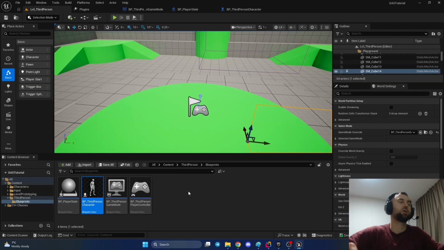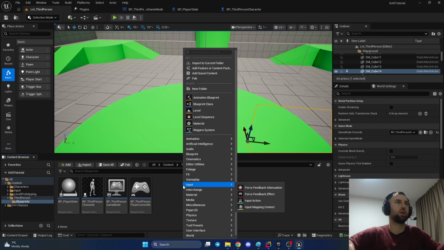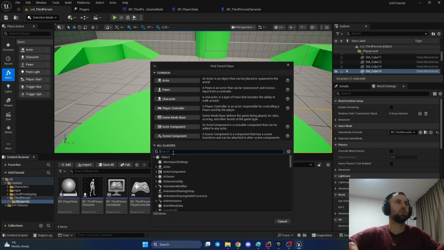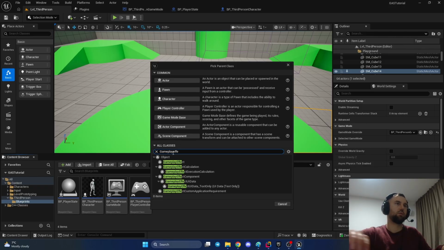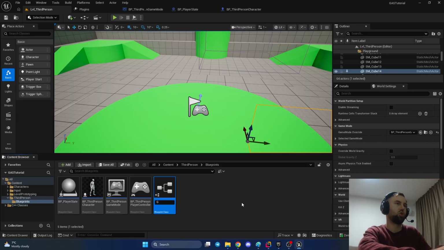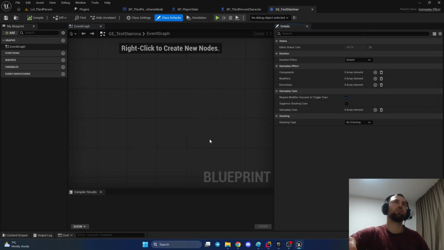But before, let's add the gameplay effect. So I will explain what it is. We need to find gameplay effect, this one, GA test. Let's name it GA gameplay effect test stamina. And here